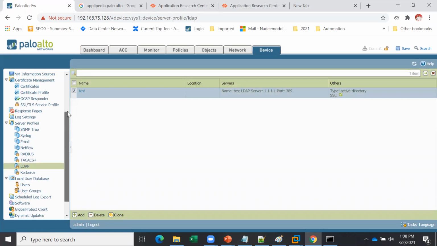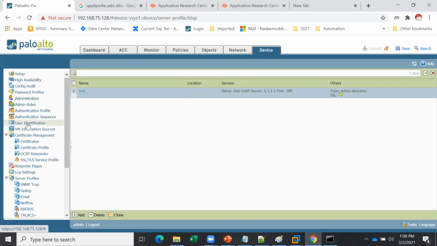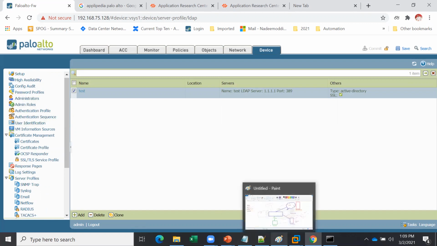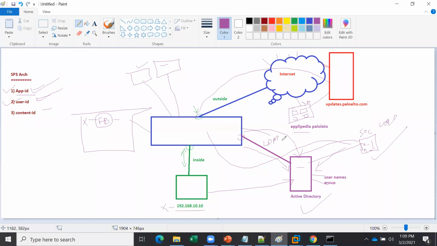Then, if you have a larger organization, you have the option to create user ID agents also. We discussed that. What are user ID agents? If you don't want to put load on your LDAP, you can create some small servers and install the user ID agent software there.